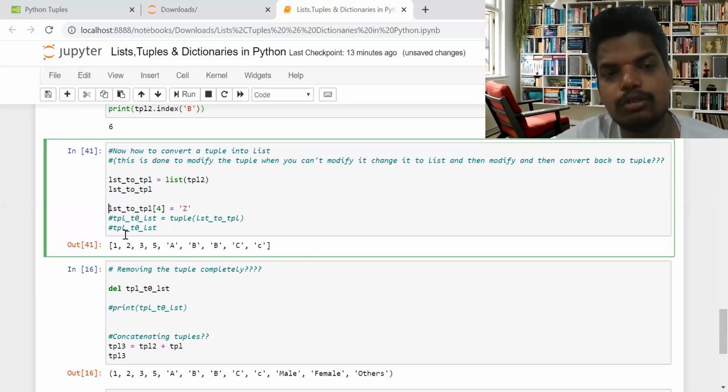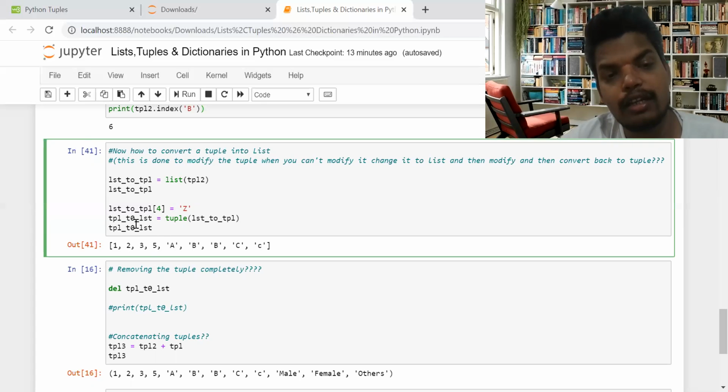Now if you need to modify the fourth index, what I've done here is modify that value, that is 0 1 2 3 4, the element a, and I'm updating it to z.